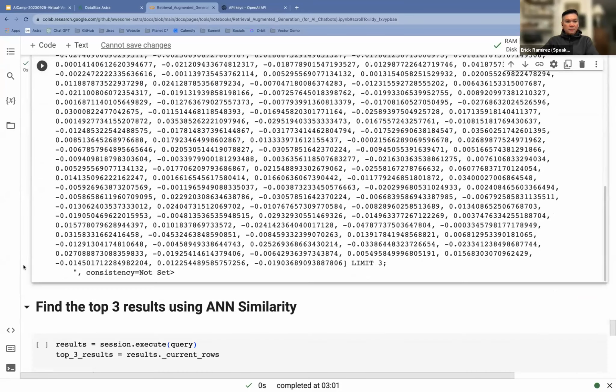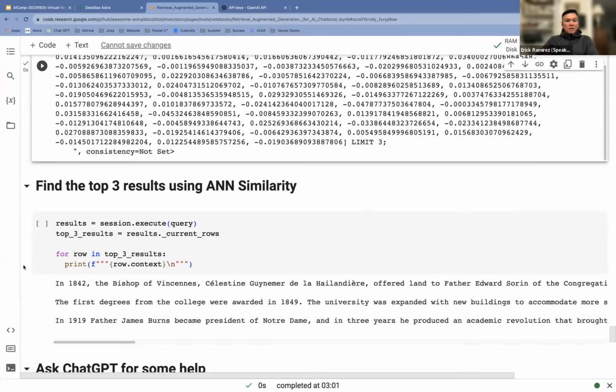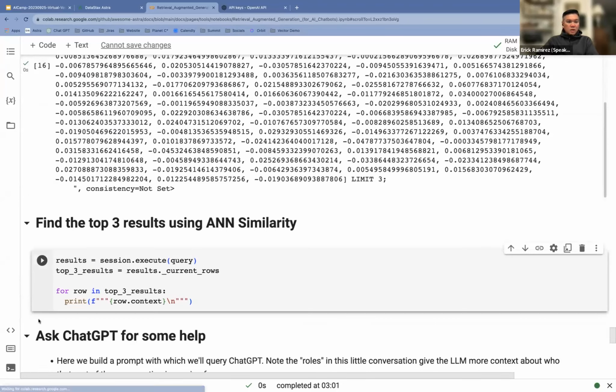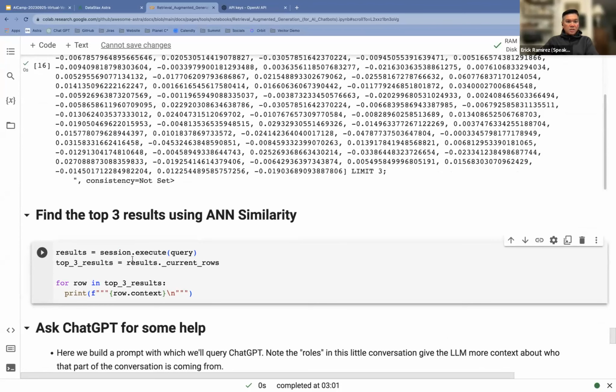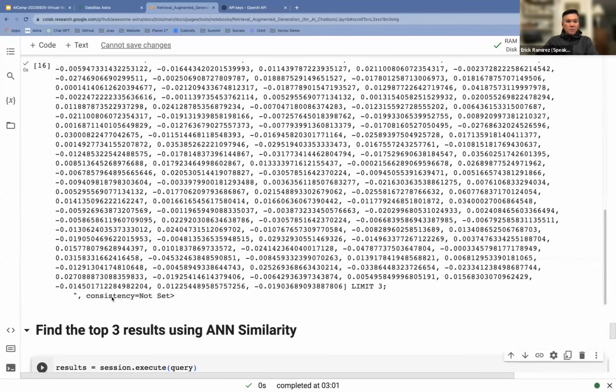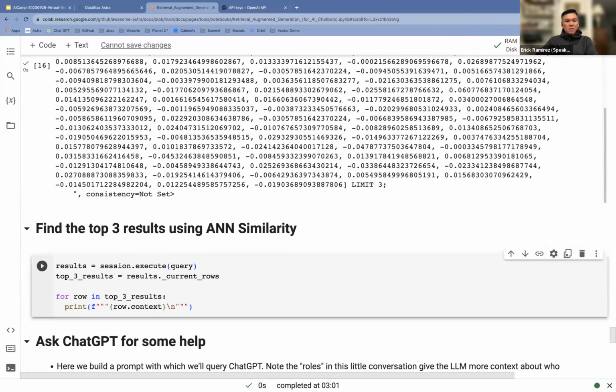So that's what it did. And just to show you what those three results are, we're going to execute that query again that we had up the top here, but this time instead of displaying the embeddings, we're going to display the context from those embeddings.